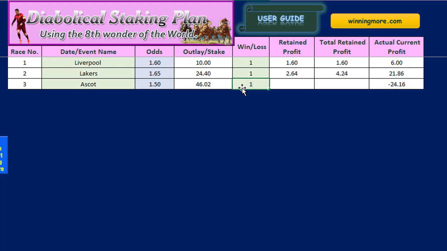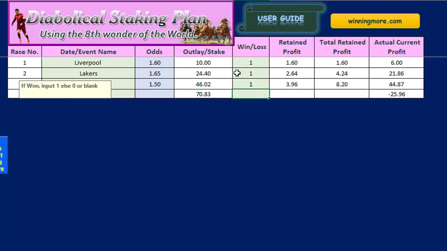It results for us, and now, out of that bet, we've taken £3.96 and put that away in our kitty. So our total profit retained is £8.20. So if we were to finish right now, we would have £44.87 profit. Even though we've only invested £30 of our own money, we're already up to £44.87 profit. Moving along,